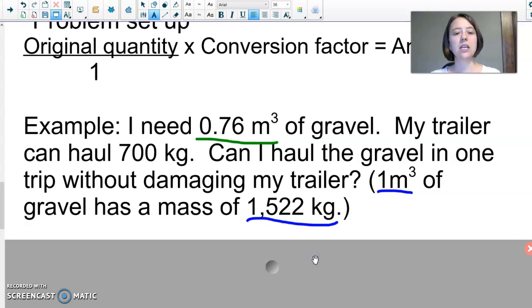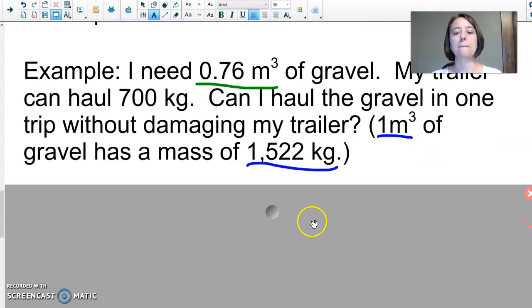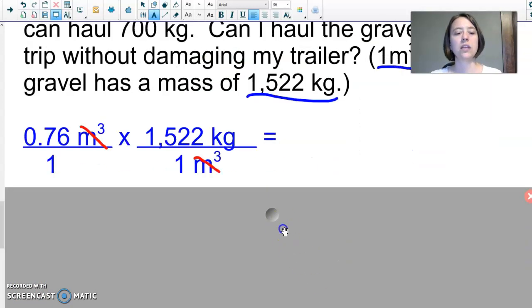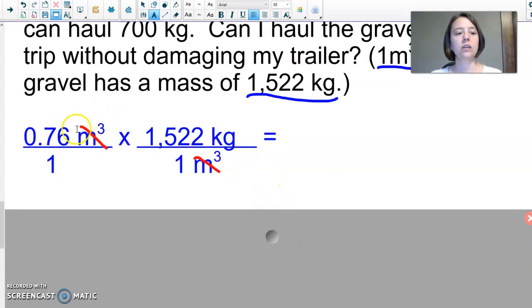And we looked at an example. It was, I need 0.76 cubic meters of gravel. My trailer can haul 700 kilograms. Can I haul the gravel in one trip without damaging my trailer? And we know the conversion factor is 1,522 kilograms over 1 cubic meter. So we set that up and we had our original quantity over 1 times our conversion factor. We canceled out units. If it's on the top, it can cancel with units in the bottom, just like in algebra and math. And then you answered the question, and the answer is